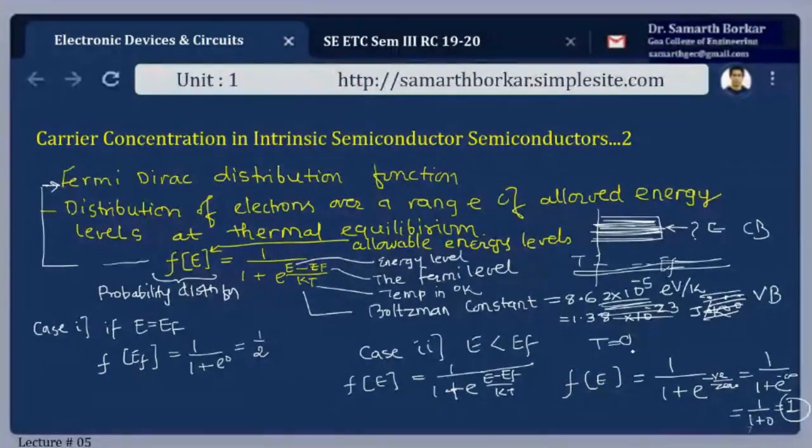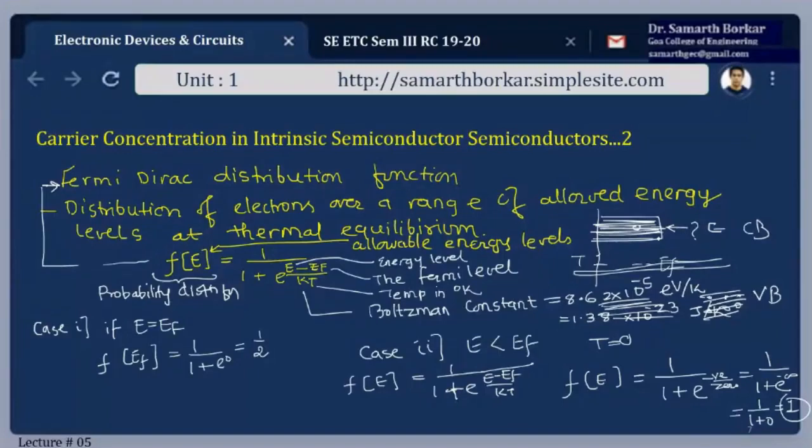So at T equals 0, as we had started with our discussion, a semiconductor will act as an insulator, because at that point there are no electrons present in the conduction band, which are referred to as free electrons. Only at room temperature there are some electrons which will get some external energy, say from thermal excitation, and they will acquire this higher energy and go into the conduction band. The moment they go into the conduction band, they will act as free electrons, and the free electrons will constitute a current.